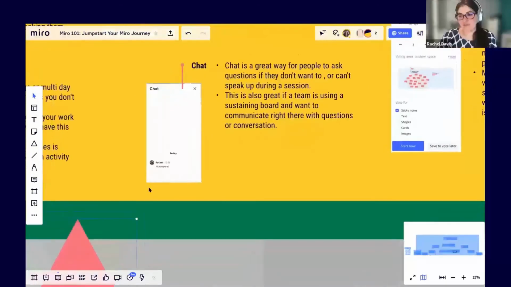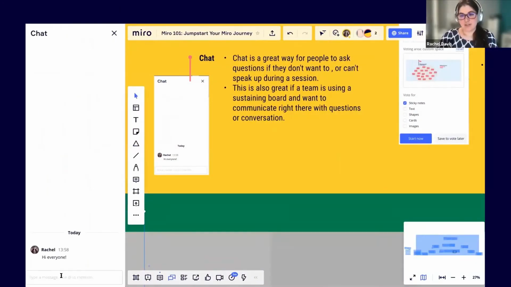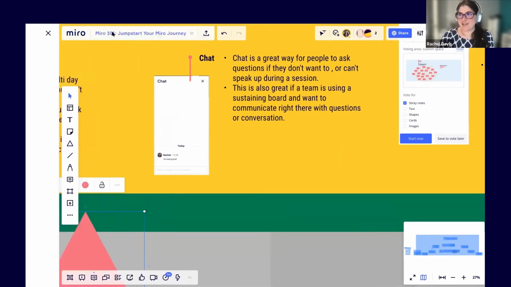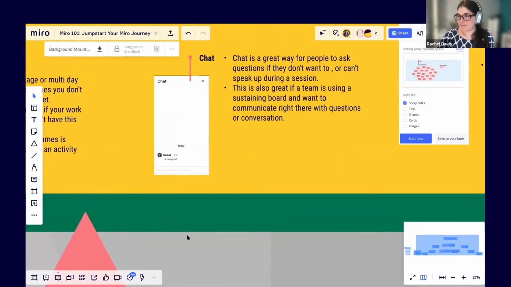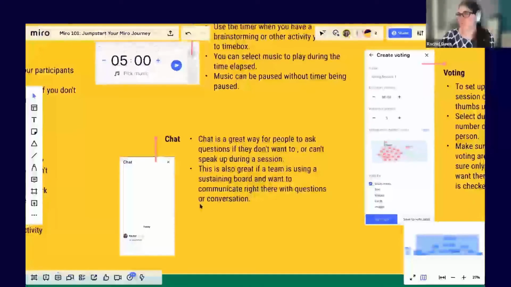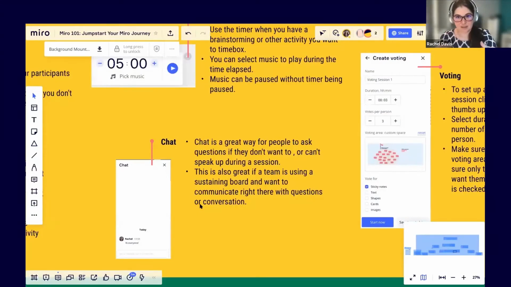So there's also a chat feature in here. It's really nice, even for people who are invited. As you're collaborating in the board, you can chat in there. If you're doing a session like this and someone wants to just write a message, everyone's chatting in there, and it tells you who said what. And then you can close this out using the X as well. It's a great way also if you're sustaining that board. So if you're not just using it during the call, if it's being used for collaboration afterwards, if someone wants to chat on there or write a comment to someone.